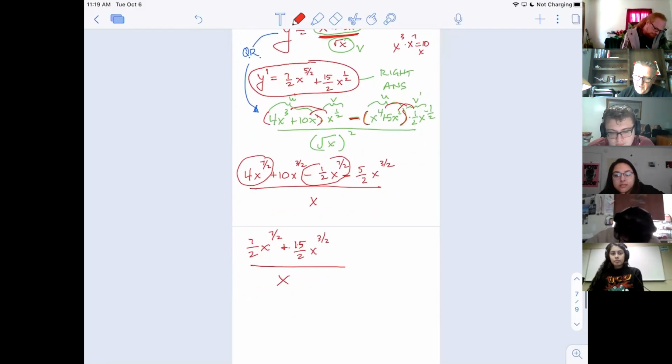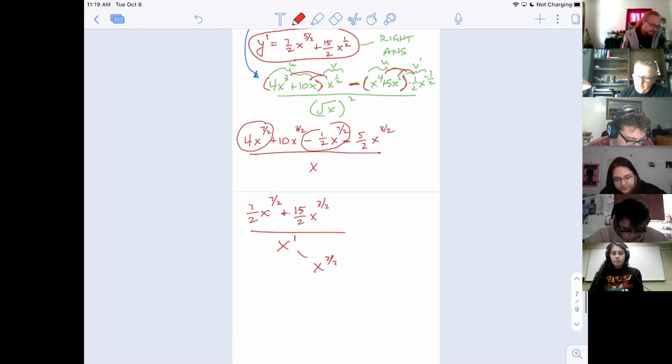So how do you divide by x? Well, don't you subtract? In other words, isn't x to the 1st x to the 2/2? So that's the same as x to the 2/2. So then if I go x to the 7/2 minus x to the 2/2, isn't that